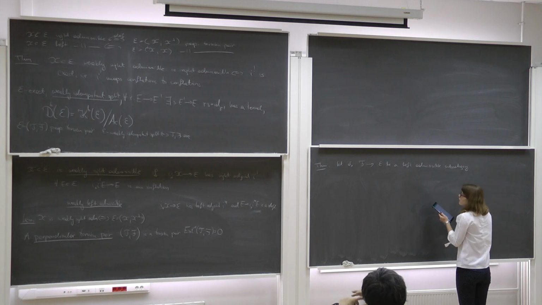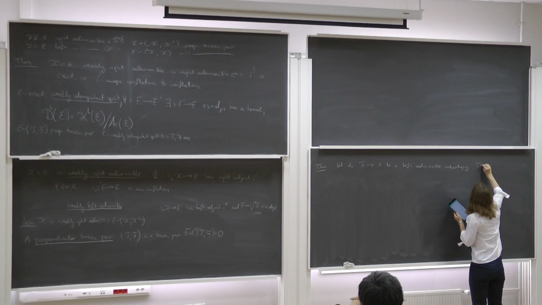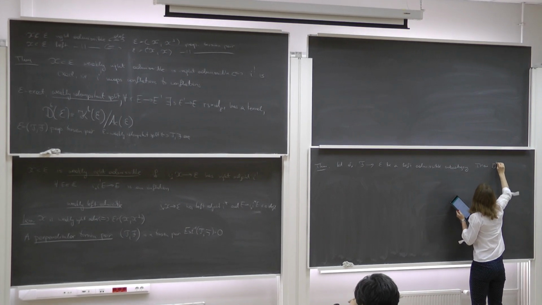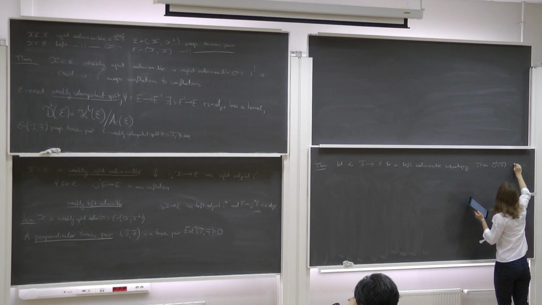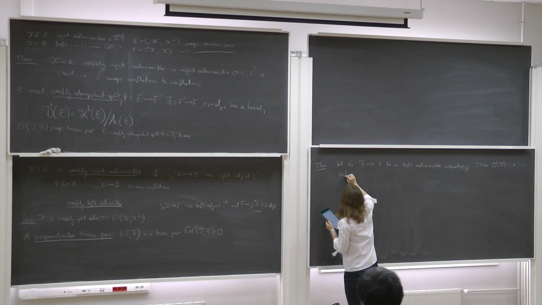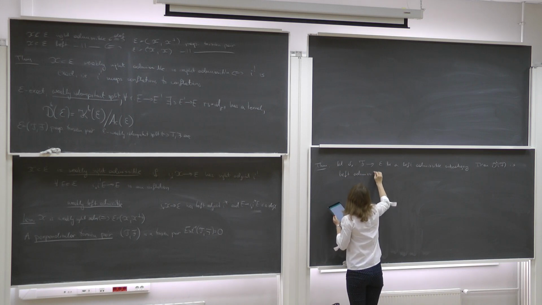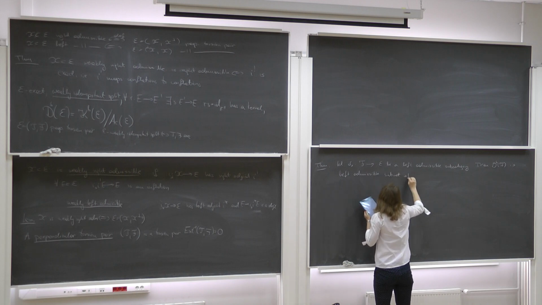So I assume that everything is weakly idempotent split. So then this D^b of F is a left admissible subcategory of D^b of E,